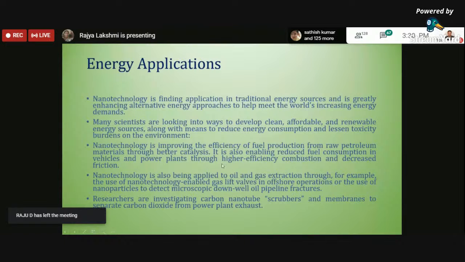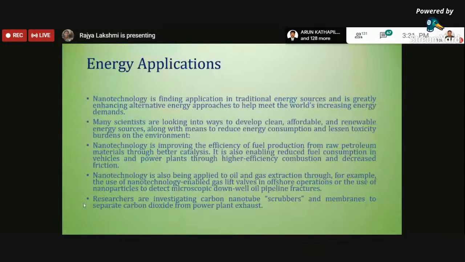And when it comes to energy applications, many of the industries are now bothered about energy storage, because resources are very limited. If you keep on using all the resources, one day everything will be exhausted. So what are the renewable resources available? What are the energy storage devices, and what are the different ways we can harvest the energy? So now people are bothered about the technology, and people are trying to improve the properties of the material, so that the material will help with energy storage for a longer time. That is one important thing.